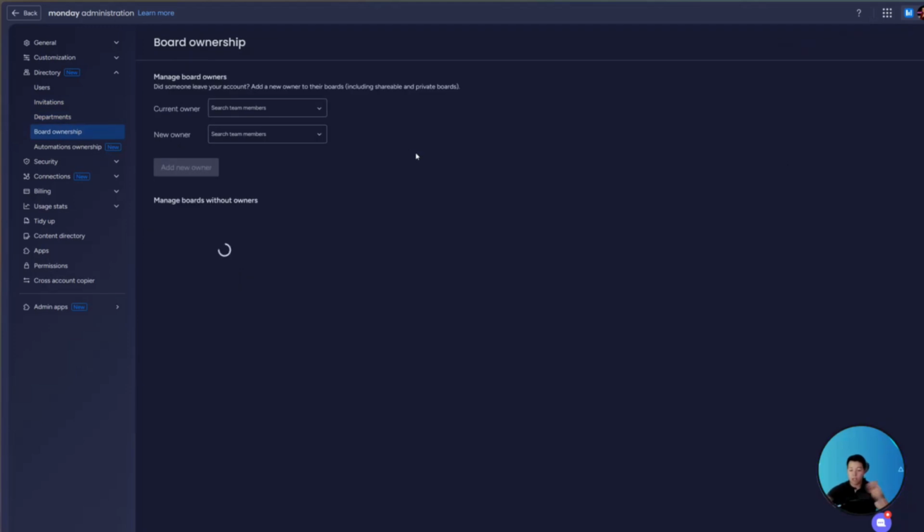This one is really important. It's board ownership. The wording sounds weird because it almost sounds like you're transferring ownership from one person to another one, but it's more like you're copying those people. So for example, let's say you have a team member that is leaving the company and you need all the boards and automations that they built to be transferred to someone else